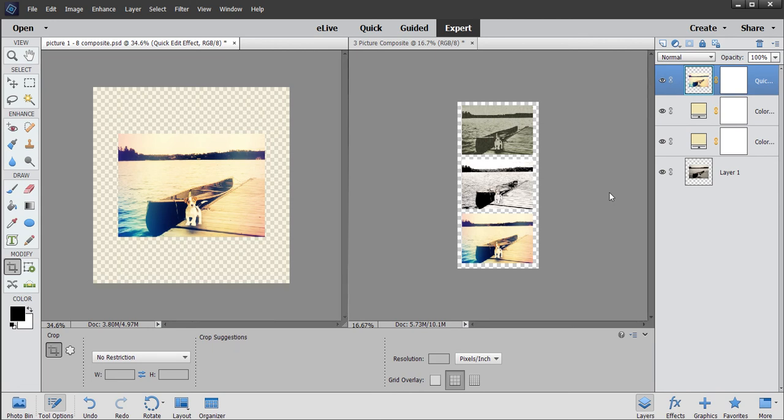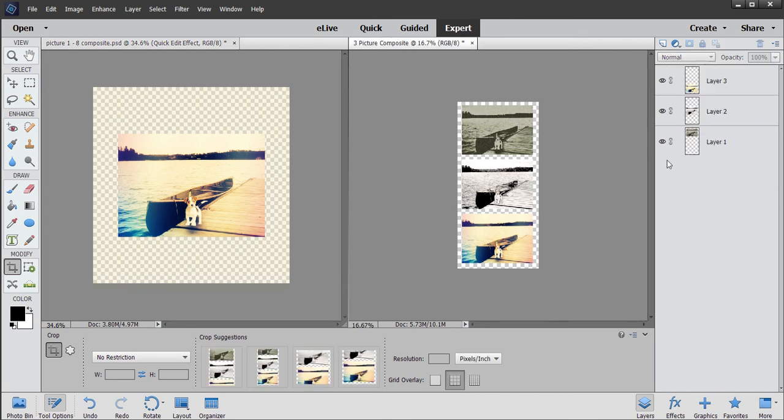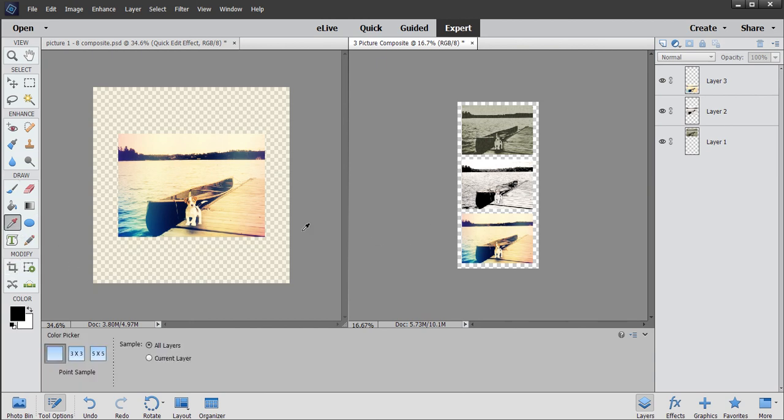There's one more thing we'd like to do over here on the composite, and that is we would like to make this background so that the edges aren't empty, but that they have a color that we'd like. We can decide what color we'd like, go to the color picker, and select something we find that we think, oh, it'll just make these colors pop. I'm going to pick a bluish color. It's going to be reflected here in the color selection. Take the paint bucket tool,